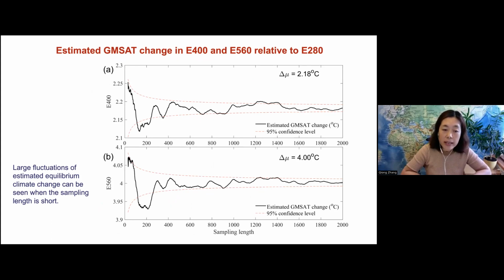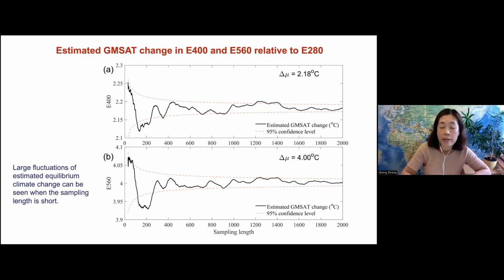And we could see, especially for the double CO2, because this is usually what we use to estimate the ECS, that if you look at the sampling length, with a short length there is quite large fluctuation. Especially if it's less than 150 years, the fluctuation can be large, sometimes very large, sometimes smaller. But when you have long enough simulations, then it's gradually quite nice,